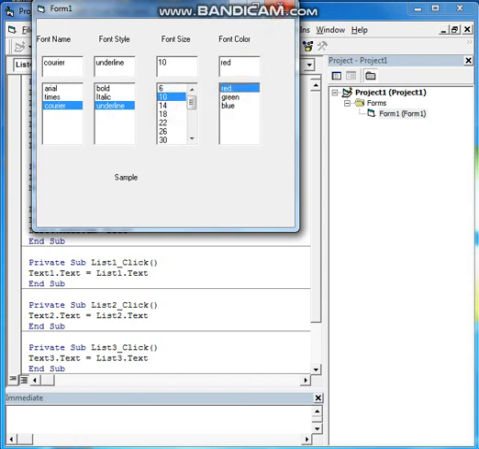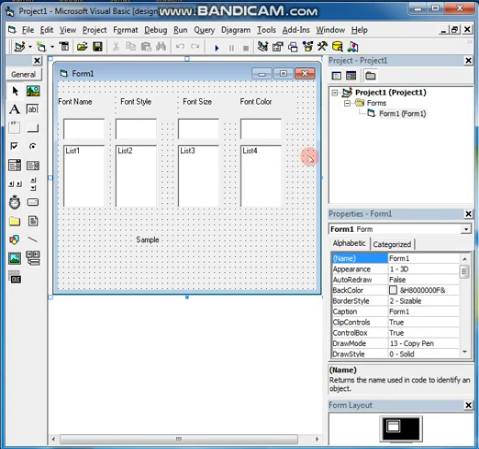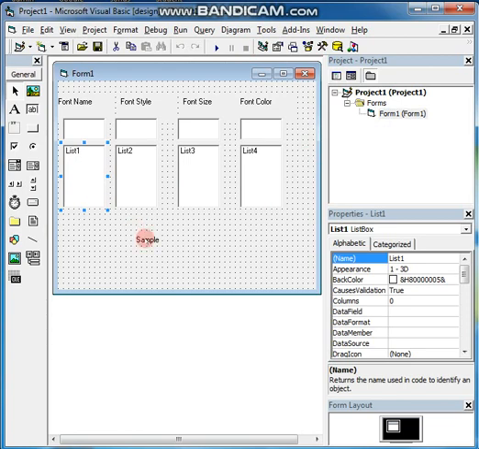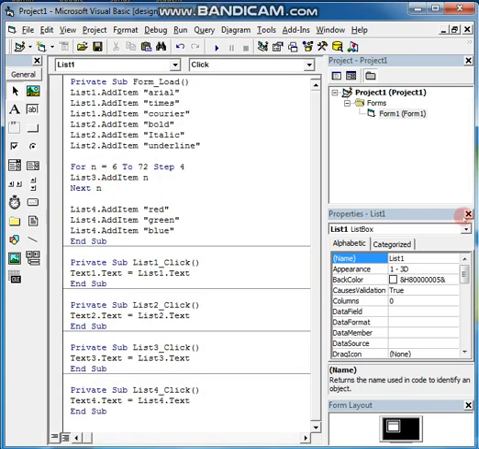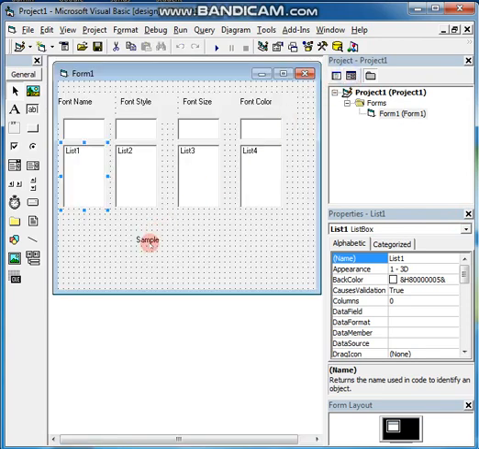Okay. Now, students, what to do? Now the above part is over. Now when I click here, the font should appear here. The style I choose should reflect here. So where do we have to write the coding then? When I'm clicking here, the content should change here. The style should change here. The size should change here. So it means I have to double click on this, and after this I have to write the coding.